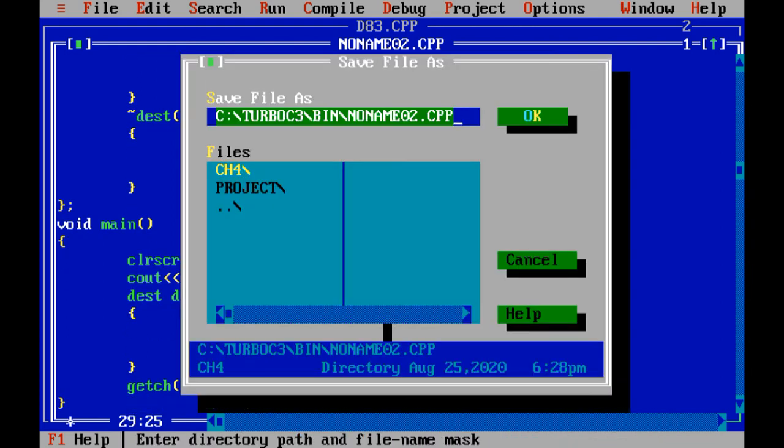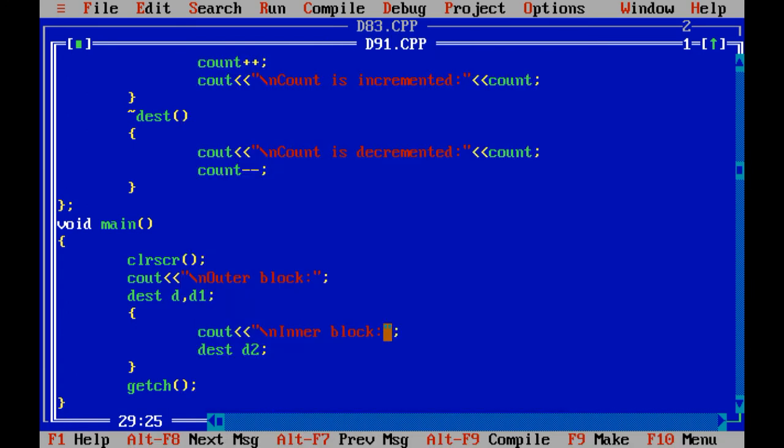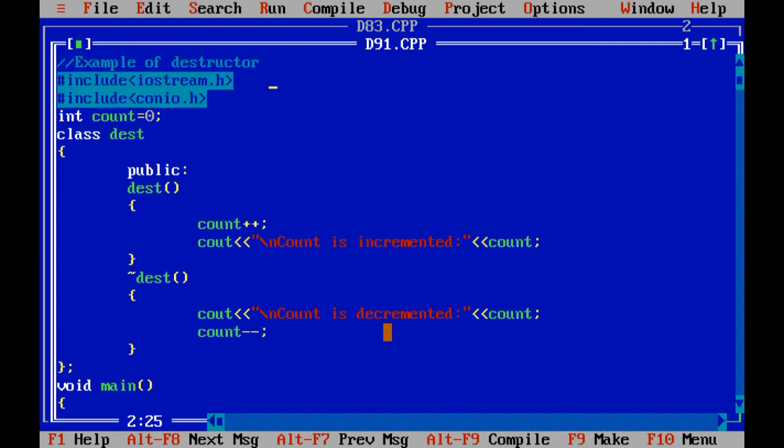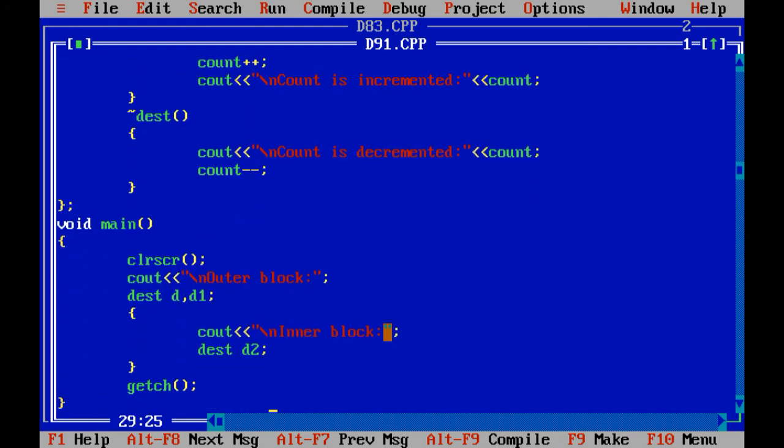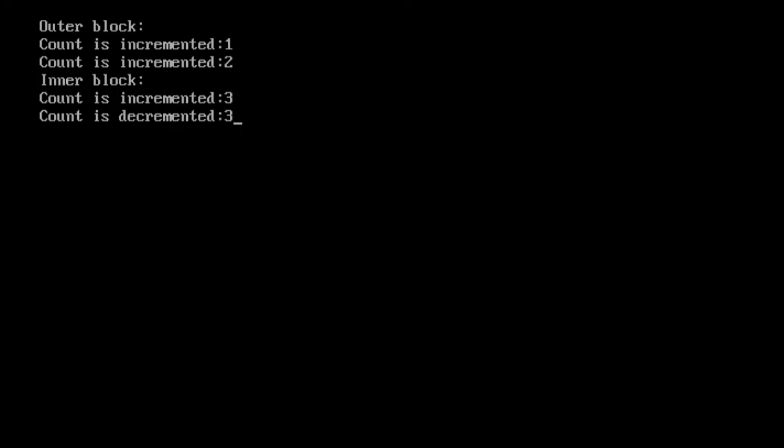Let me save the program first. This is the program number D91 regarding the destructor. Now see what happens. Let us execute the code.